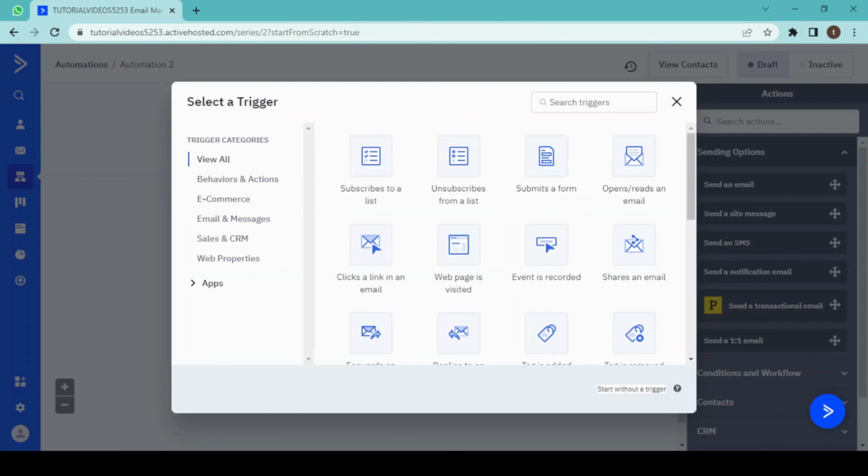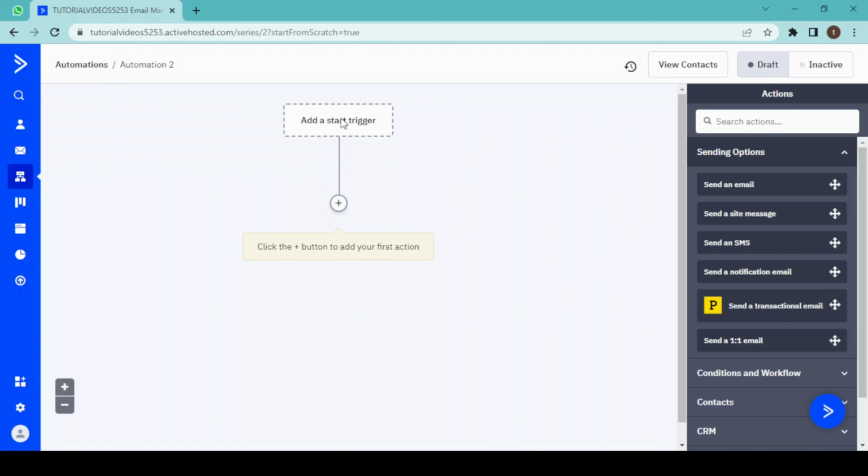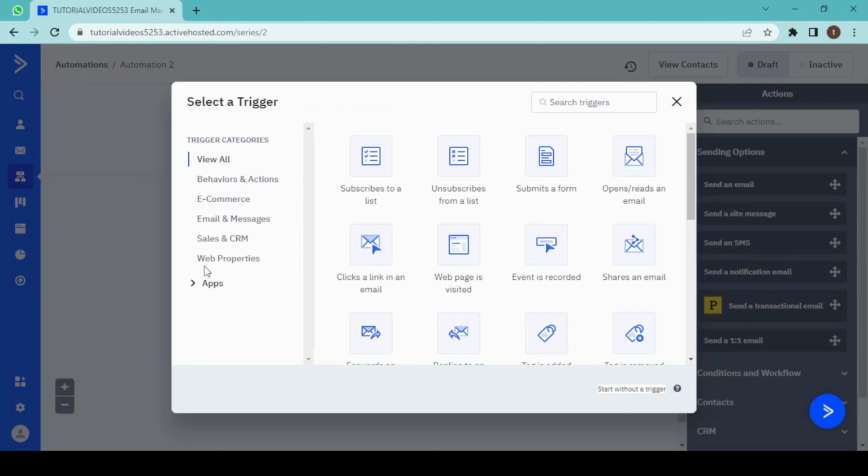So the next step is to choose a trigger for your automation, and ActiveCampaign offers several types of trigger like subscribe to a list, unsubscribe from a list, submits a form, opens or reads an email, click a link in an email, and many more. So today I am creating an automation for a verification email, so I am going to choose subscribe to a list,